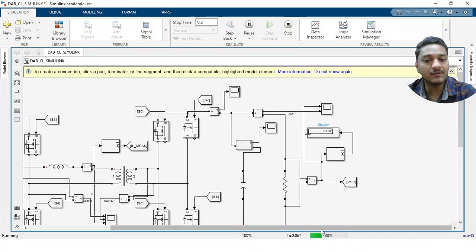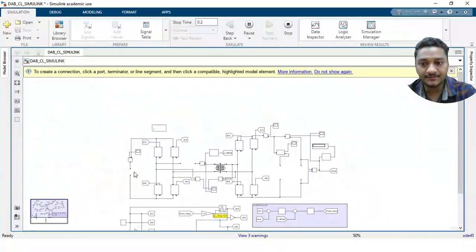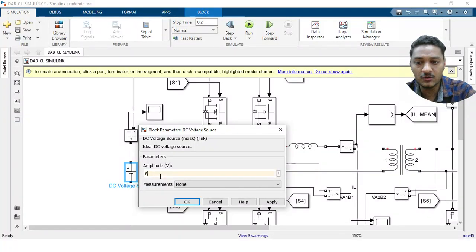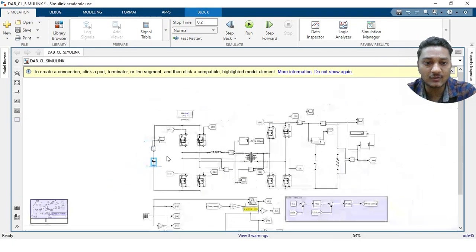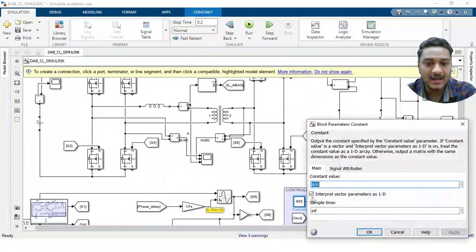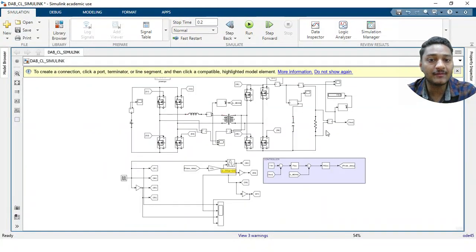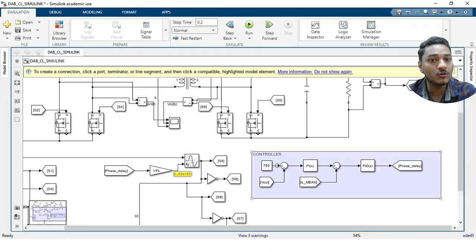So maybe if I wait for a long time, my controller action will happen in such a way that it might take it to 800, but it is really difficult, and I don't have that much time to wait for my system to run so long. Okay, so with this I will just try to show you for output as well. Let us make the input 800 volt and try to change my reference output. So let us say I will make it 750. Maybe for 750 it will work, but if I change the value a bit further, it will not work,